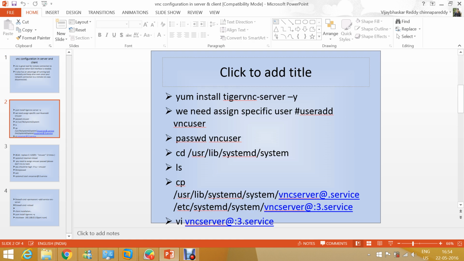So now, how to install the VNC server? Install tigervnc-server -y. This is the command to install the VNC server. To configure the VNC,